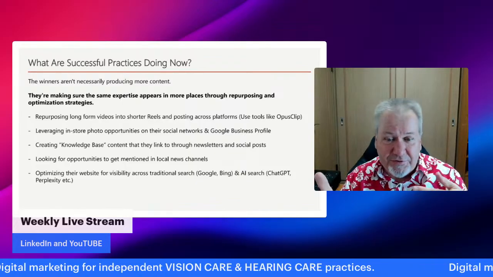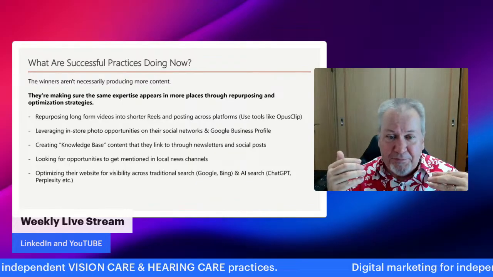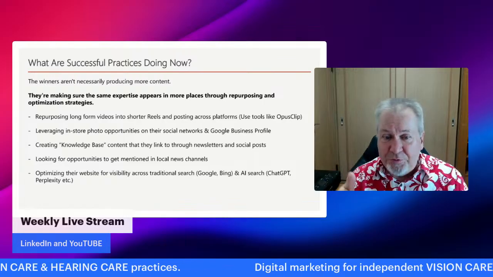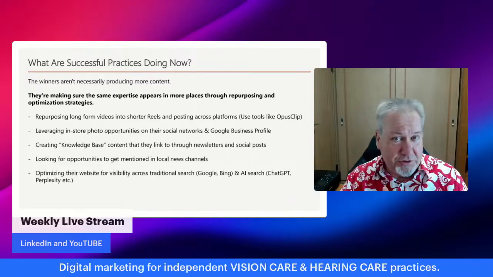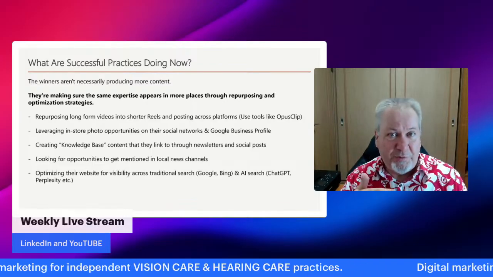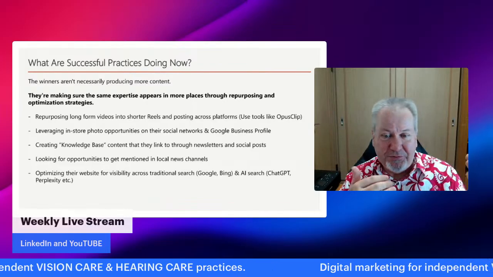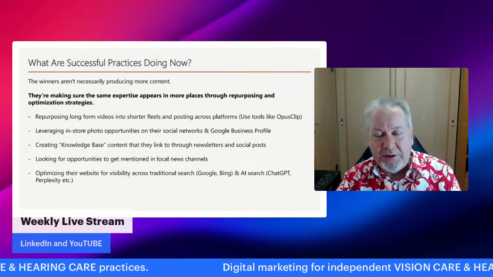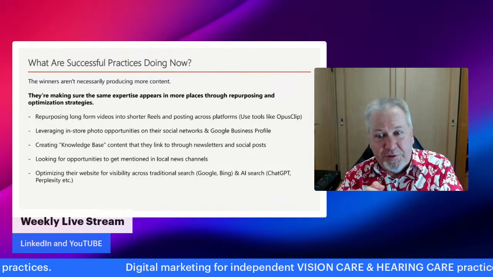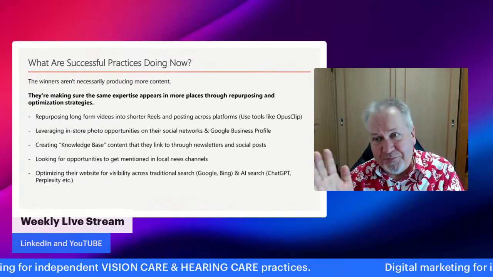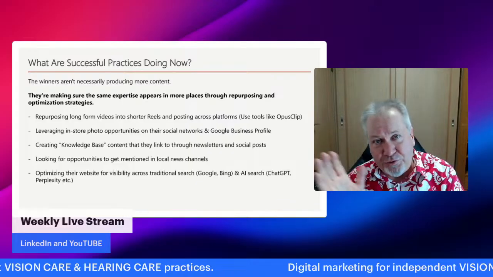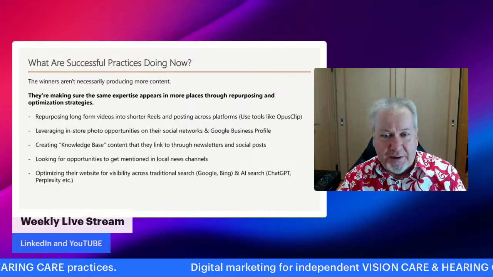Which leads me to the final point here, which is successful practices are optimizing their website for visibility across both traditional search, which means Google primarily, but also Bing. Those are the traditional search engines. But they're also optimizing their website for AI search. This means ChatGPT, Perplexity, and all the others, Claude, Gemini, and so on.